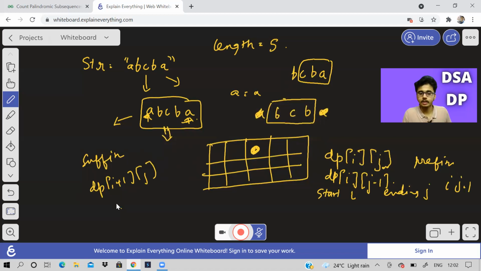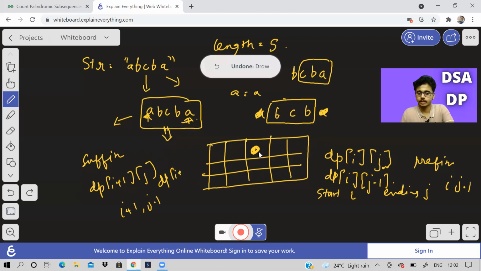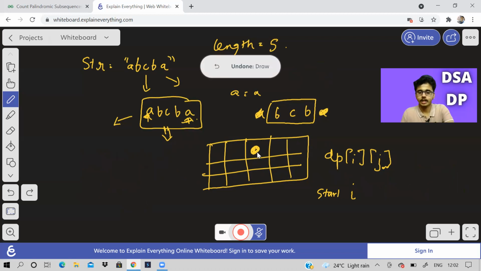So this character we are considering. And what is the middle part? Middle part is when we forget first and last. So it will be from I plus 1 to j minus 1. So that will be dp of I plus 1, j minus 1. So you think about this. So there are only two things now. So let us summarize our entire problem.